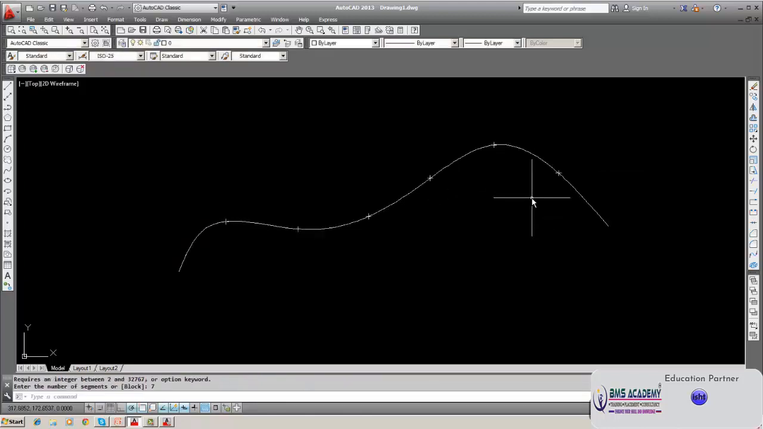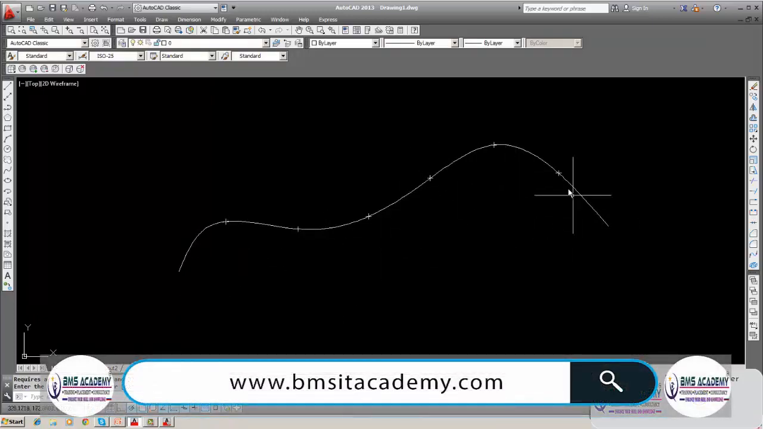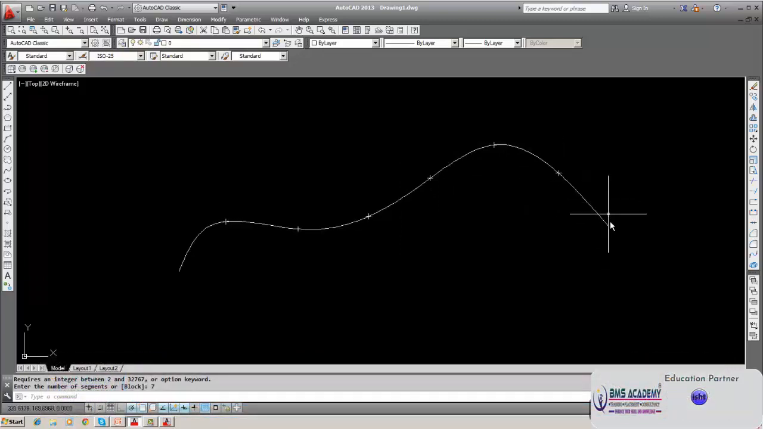Say 7 segments, 7. 1, 2, 3, 4, 5, 6, 7. It means divided means this length is equal to this, plus this is equal to this, this plus this equal, this plus this equal, all are equal lengths. This is the meaning. So any lines can be